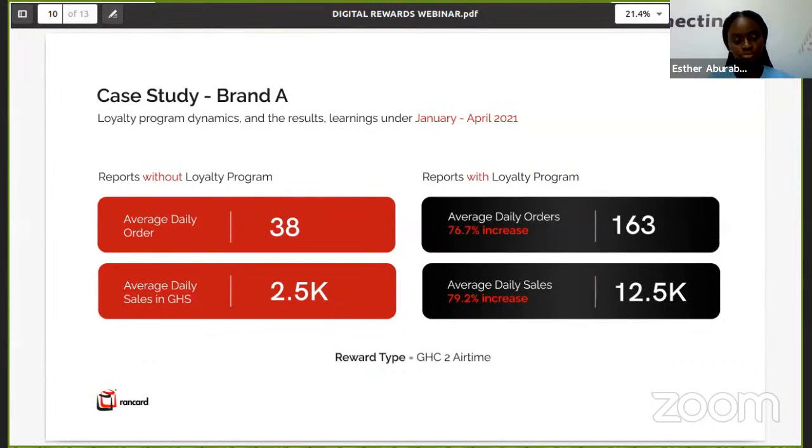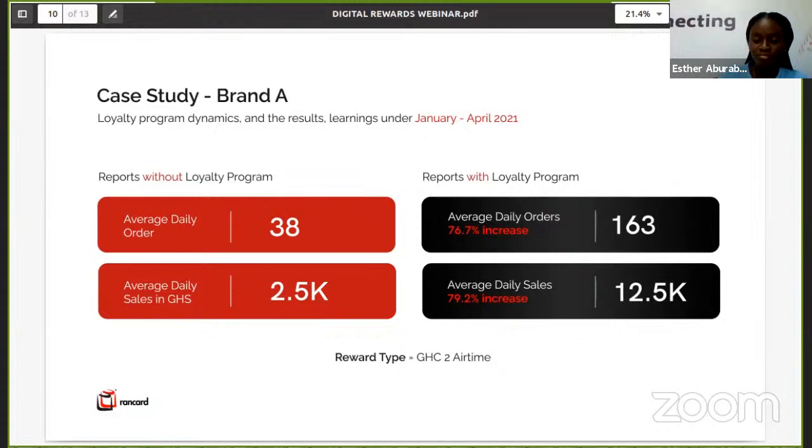So let's just run through briefly. For the first brand, in the initial stages, they were doing about 38 orders per day, and they were earning about 2.5K Ghana cedis on a daily basis as well. To drive more traffic to their digital platform, that was USSD, they decided to run a campaign where they rewarded customers with only 2 Ghana cedi airtime. And looking at that,